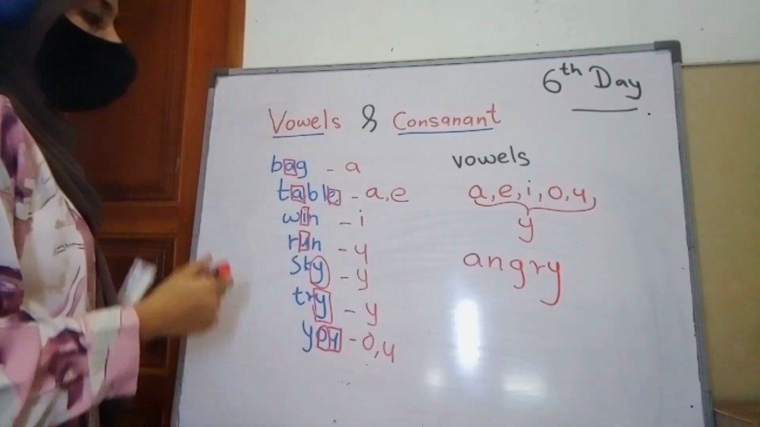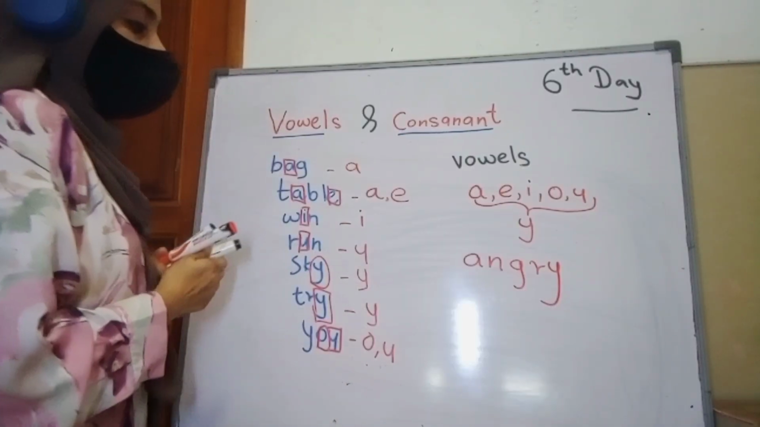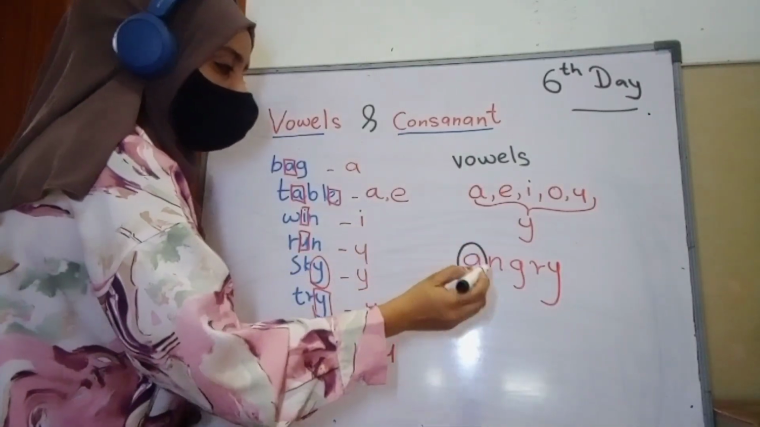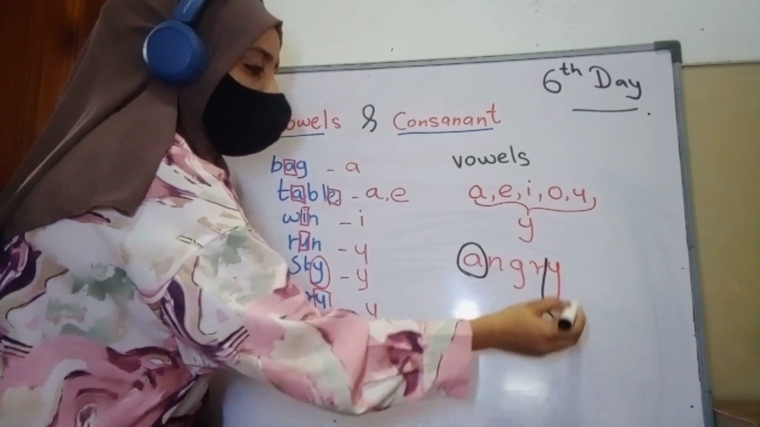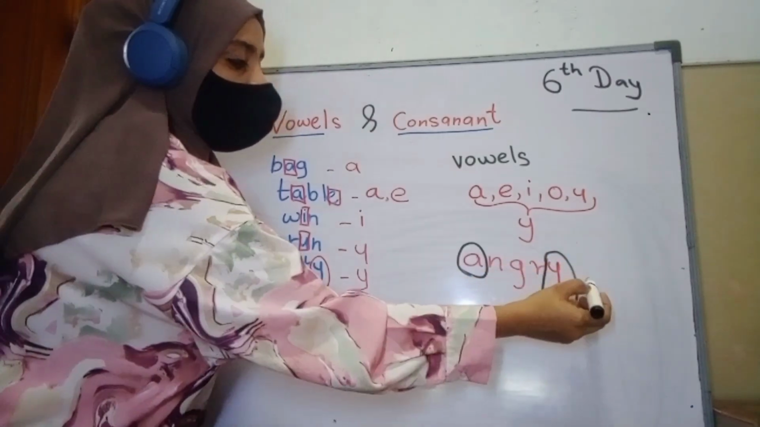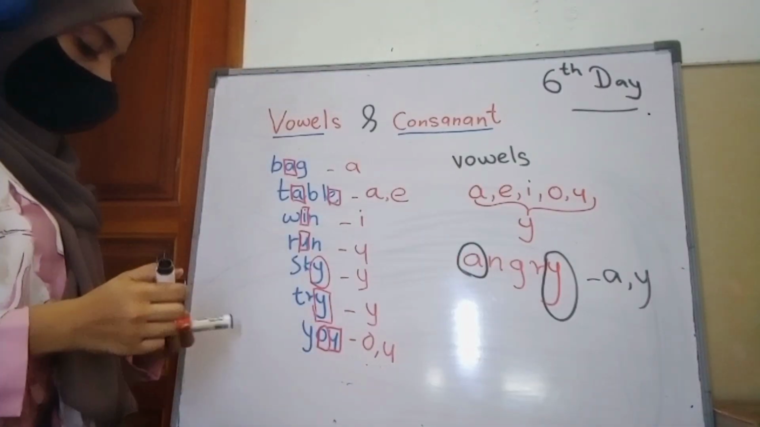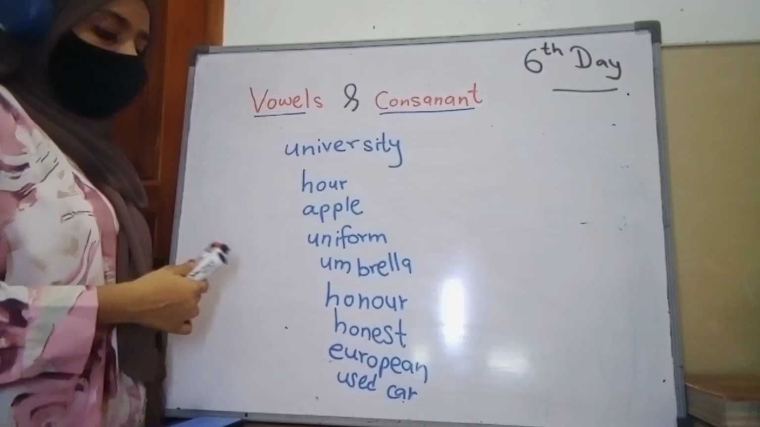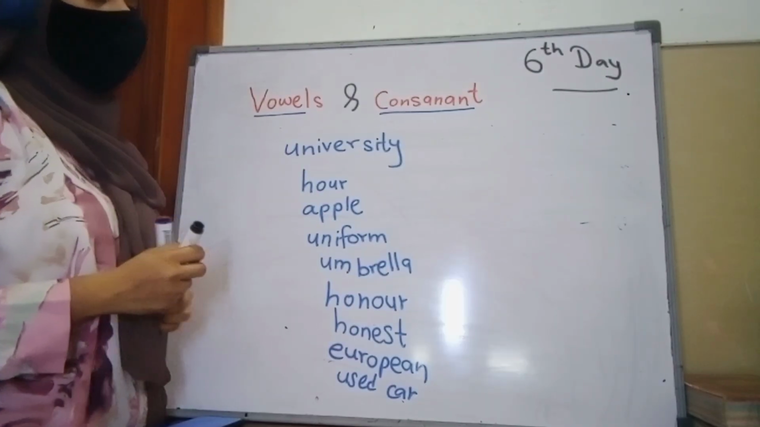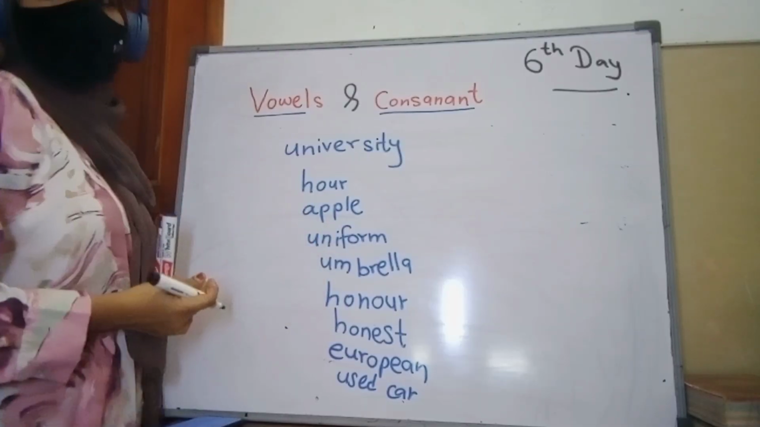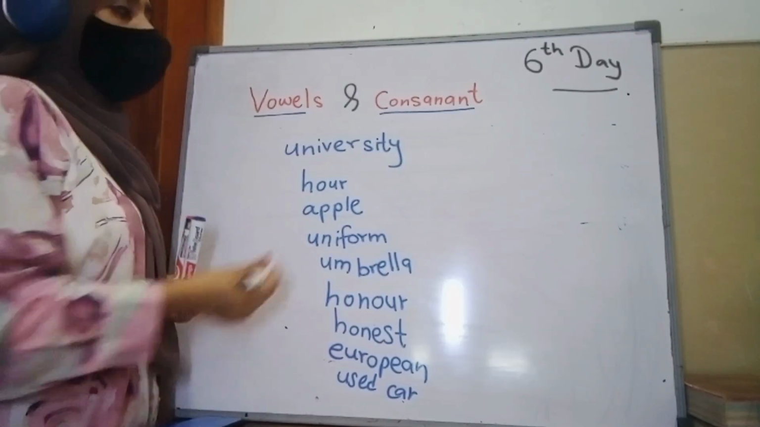Here also we can see a sound. Here sound angry e. So both vowels we can see in this word. All right. So friends, I wanted to tell another thing. If a word starting with a vowel